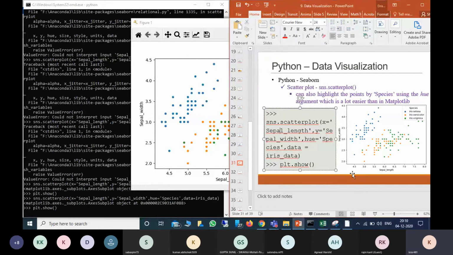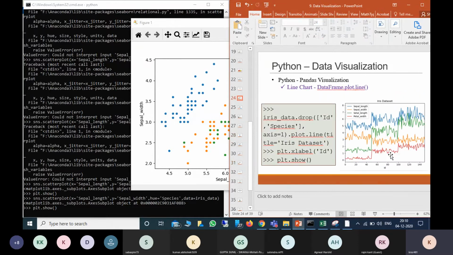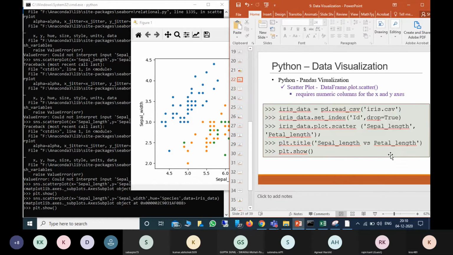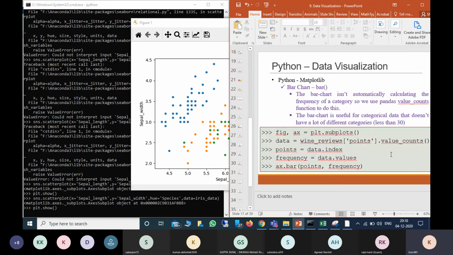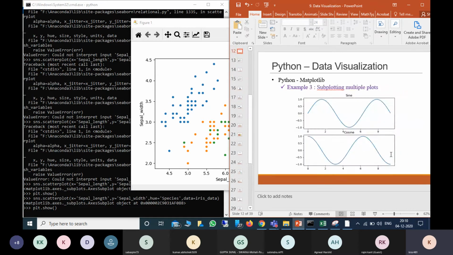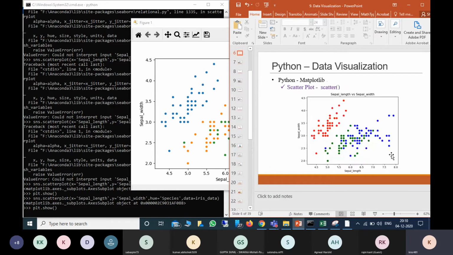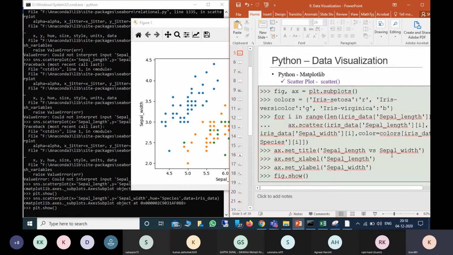So previously what did we do? Previously we mentioned, if you see the code, here we have to mention first what the colors are using Matplotlib.